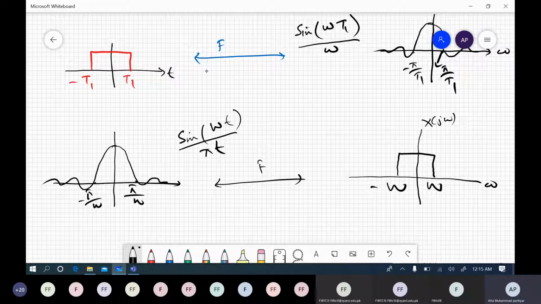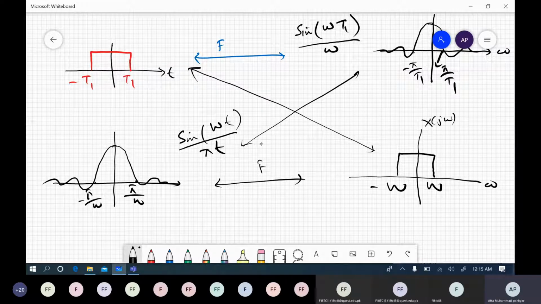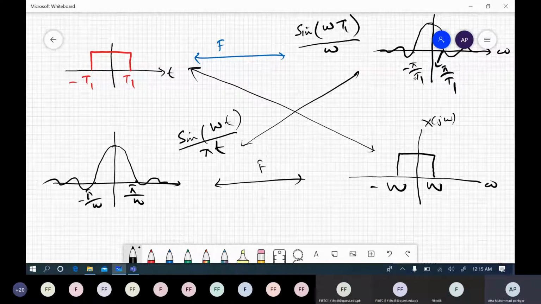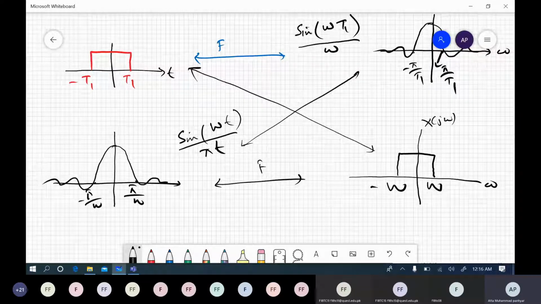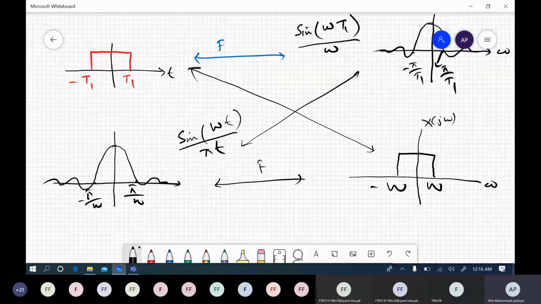The idea is, if you have a rectangular pulse in either time domain or frequency domain, its counterpart in frequency or time domain is sinc function. So the shape of the signal does not change, right? So we call it a duality property. The shape of the signal is preserved, right? This is duality property. If you take this rectangular pulse in either time domain or frequency domain, and you find its counterpart, you will always get a sinc. So this is not true in most signal cases, but rectangular pulse has this property, and this property is called duality property, right?